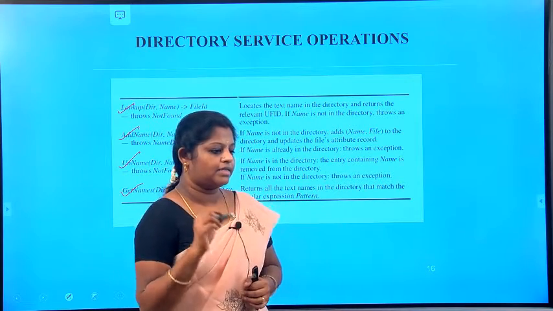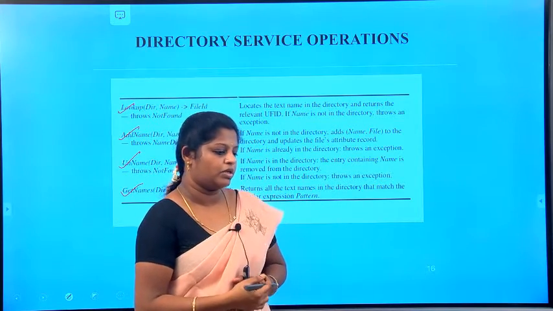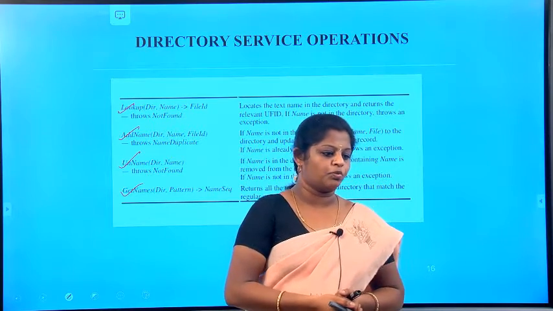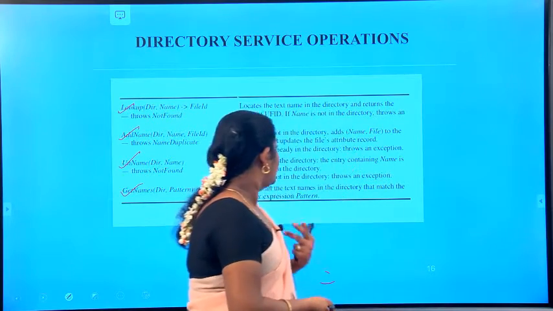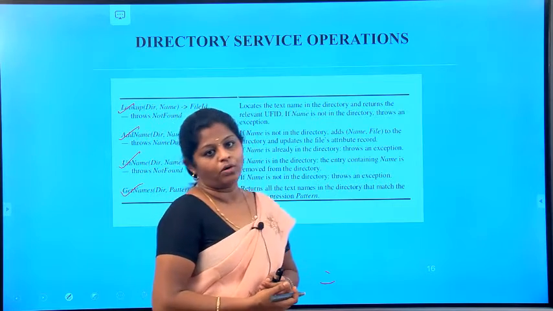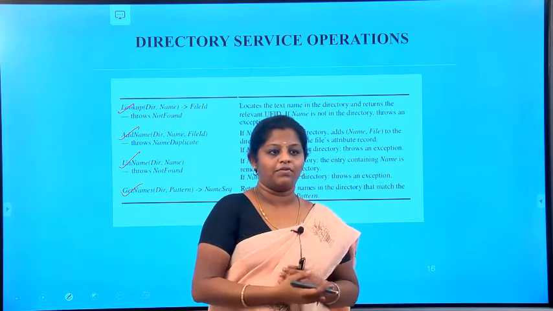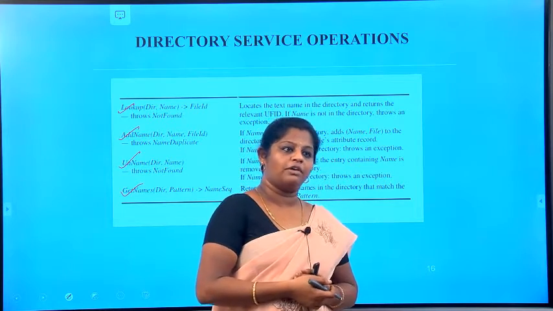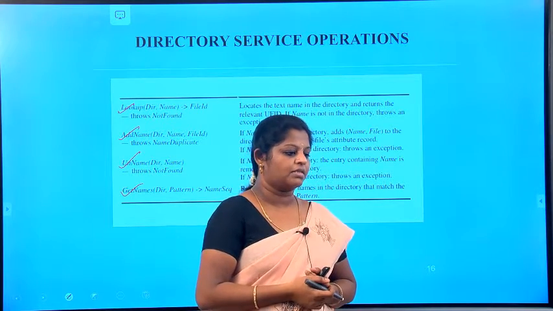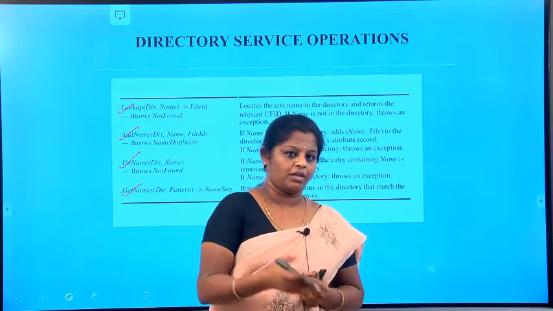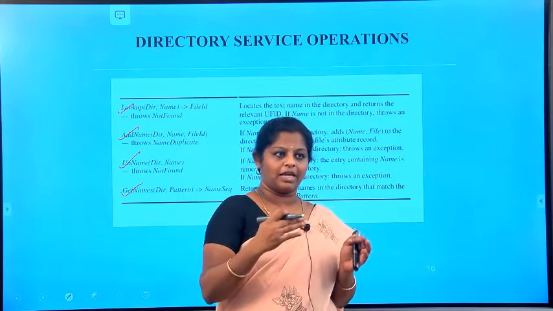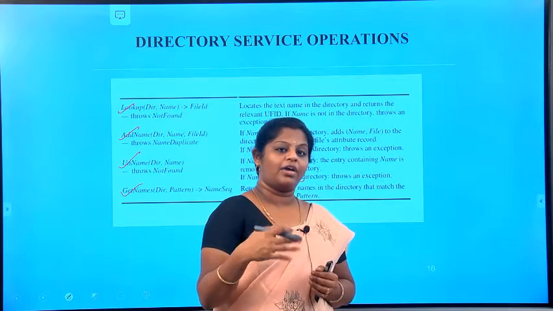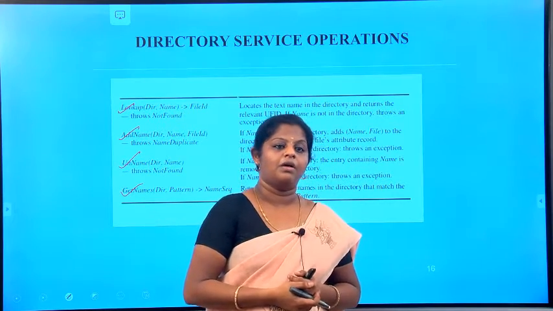It contains an RPC interface into the directory service, and the primary purpose of the directory service is to provide the service for translating the text name to the UFID always. Whatever text name you are giving for the directory name will be converted into the UFID with the help of the RPC interfaces. So why do we need to maintain the UFID here? Obviously the name should be unique, then only we can search it easily. If the name is repeating, if you have more than one file with the same name, how can we see?